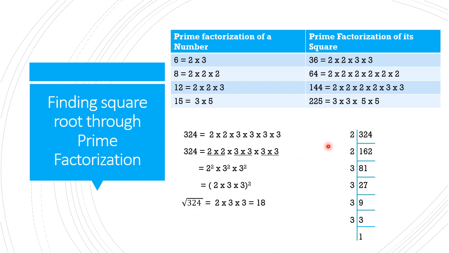Okay, so you see the fact that each factor comes minimum 2 times in the square. 2 times. 3 we have here 4 times. So in a perfect square, each factor we have minimum 2 times. Otherwise we have 4 times, 6 times, 8 times, even times. We will have each factor. Okay, then only we can say it is a perfect square. If any factor comes one time, or odd times, it is not a perfect square. Okay, children.